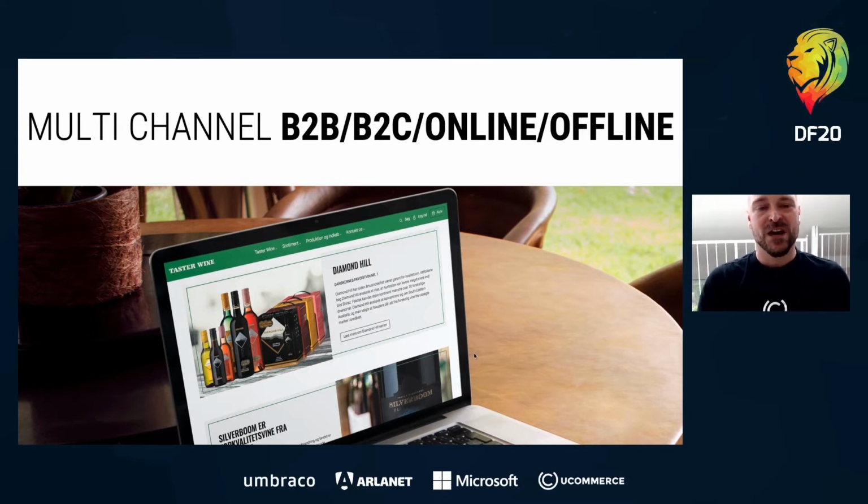And it uses Ucommerce and Umbraco for all of it, which is super cool because when they import wine from the southern regions of Europe, they bring back huge vats of wine that they sell either in bulk via their B2B channel, where the focus in Umbraco is to create solutions for quick order and reorder, whereas in the B2C solution, it's more about creating an experience that guides a customer towards the right wine depending on their taste.